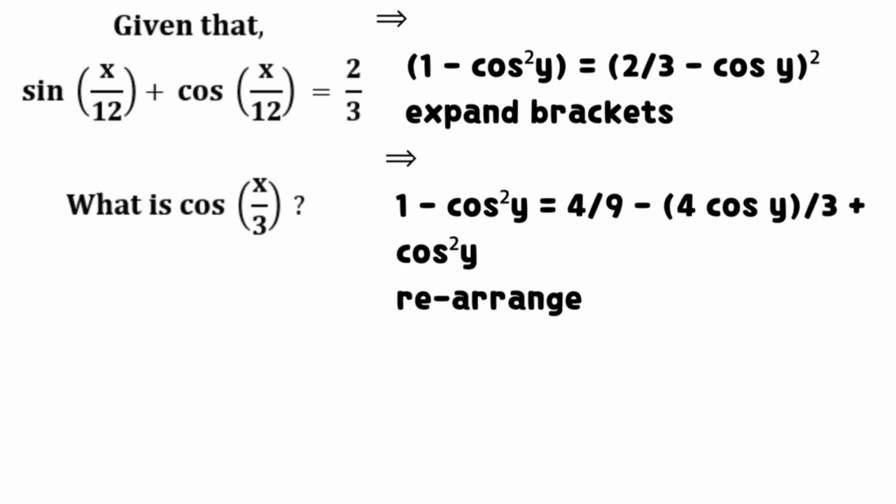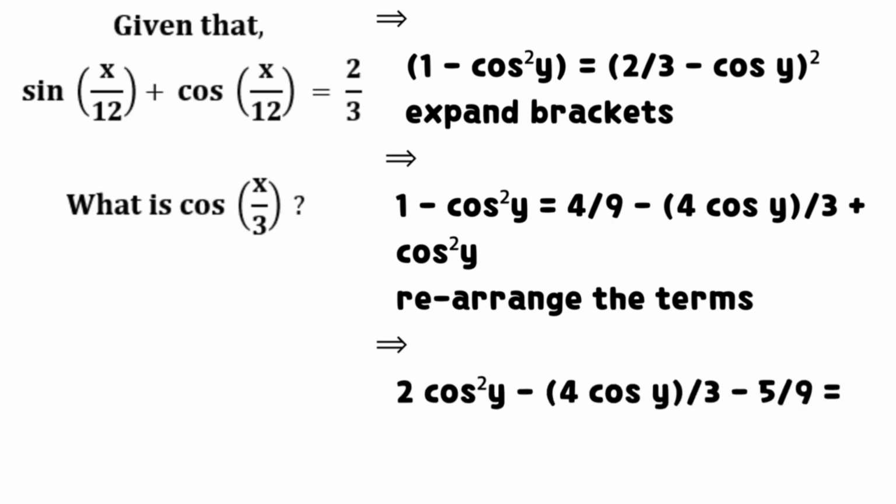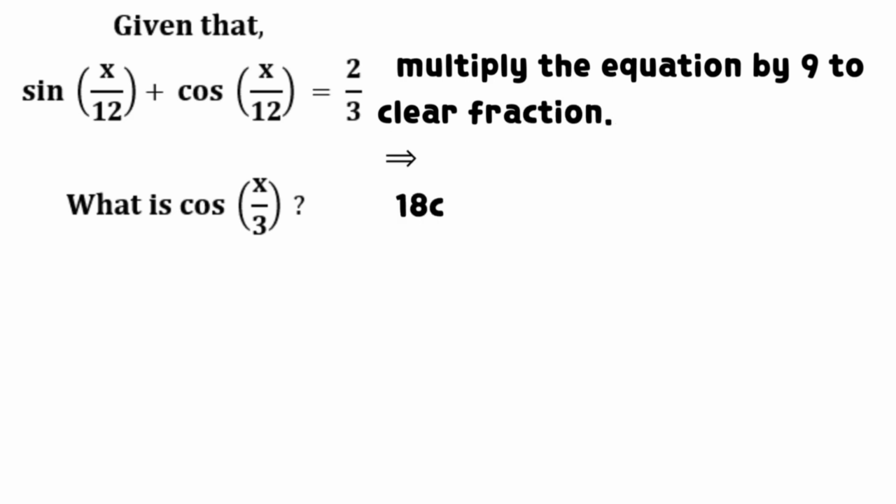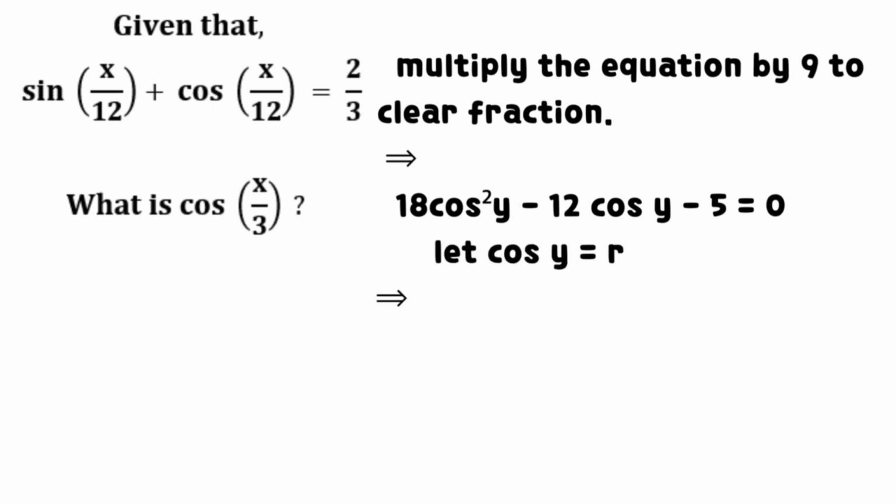Thus, expand brackets to have that 1 minus the square of cosine y equals 4 divided by 9 minus the product of 4 and cosine y all divided by 3 plus the square of cosine y. Rearrange the terms as shown on the screen to obtain an equation in cosine y. Multiply the equation by 9 to clear fraction. It implies that the product of 18 and the square of cosine y minus 12 times cosine y minus 5